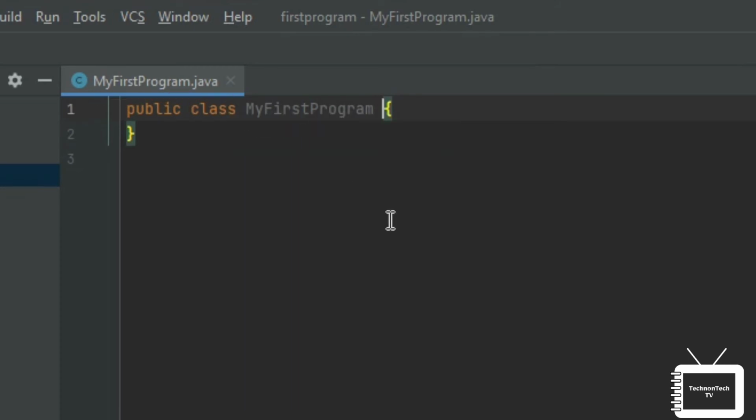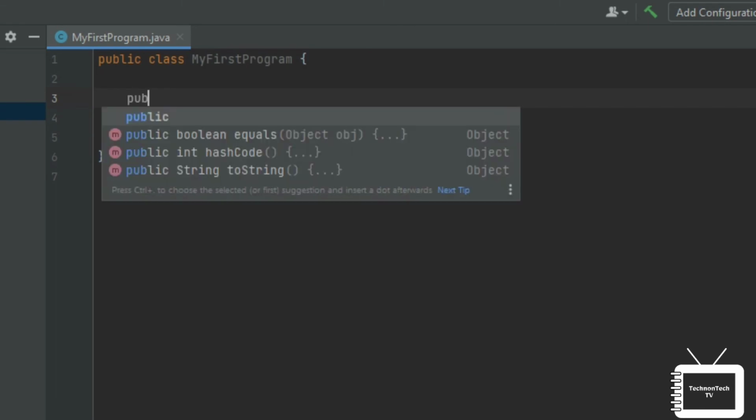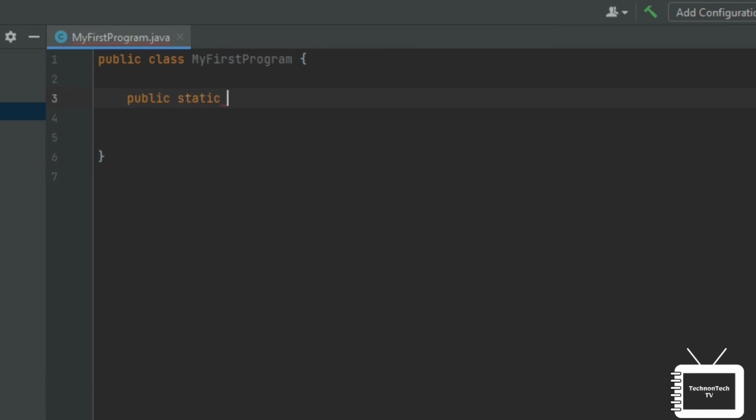It's really important. Okay, so as I said, we are not going to go into details now. We are simply typing in code which will print out a text. So next, in the curly braces, hit enter just to create some space, and here start typing public. As you can see, IntelliJ is very handy and you don't need to type in all the letters. You can select the desired code from the list and hit enter. Next is static, hit enter, then void,